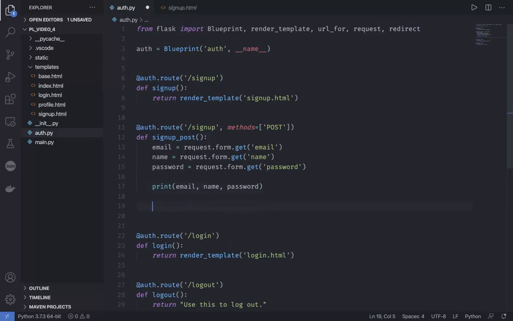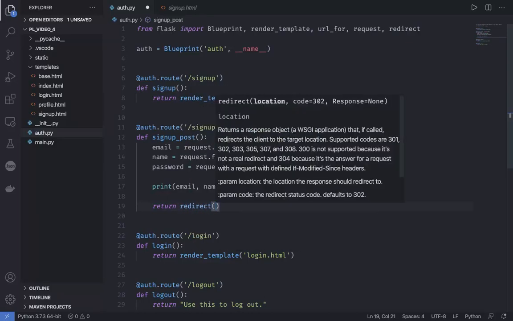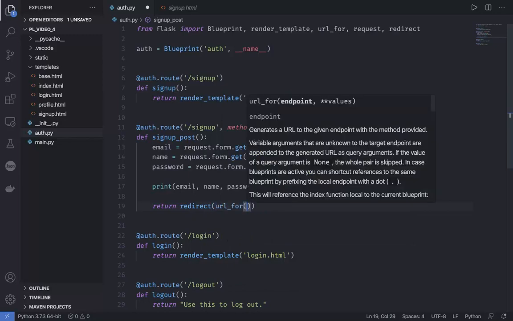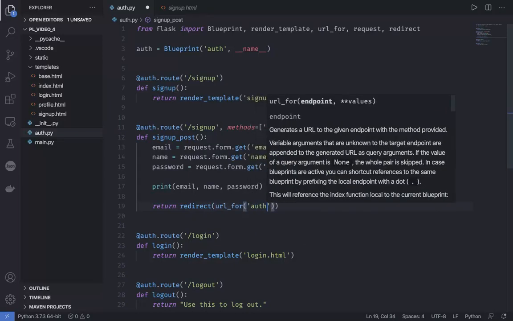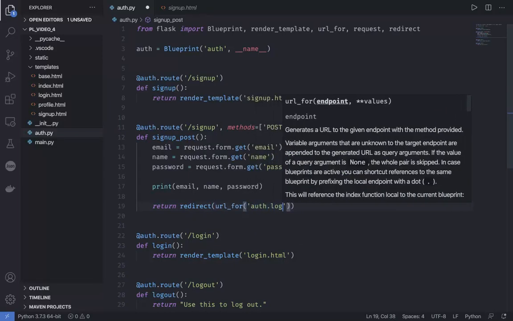So now that it has been sent to the database, we have to redirect the user to the login page, because they have signed up now and they can log in. So we use the redirect function. The redirect function is where you can directly send the user to any page you want. Inside that we have a URL for, because we want to make sure that we are following the notation